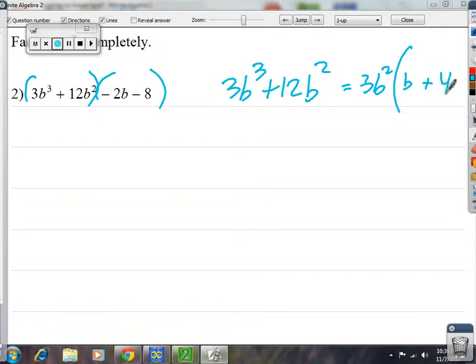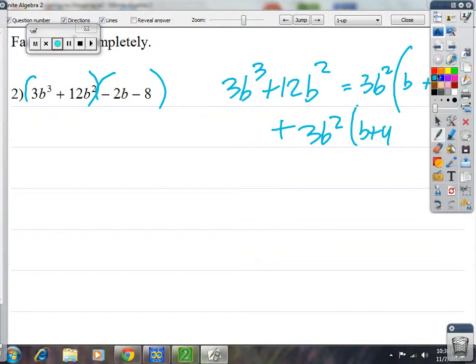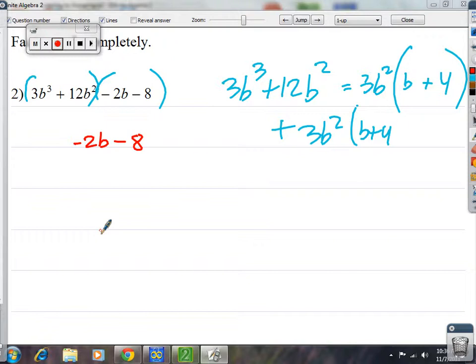So here's what I got. I got 3b squared times b plus 4. And I'm going to add that to my second group. So my second group, a minus 2b minus 8, what can we pull out of that? What's the GCF of minus 2b minus 8? Let's factor out a minus 2. If we factor out a minus 2, we're going to get b plus 4. And if we add this, minus 2 times b plus 4,